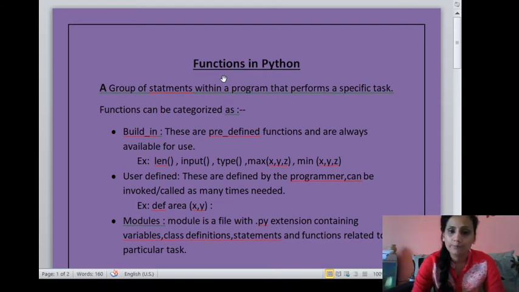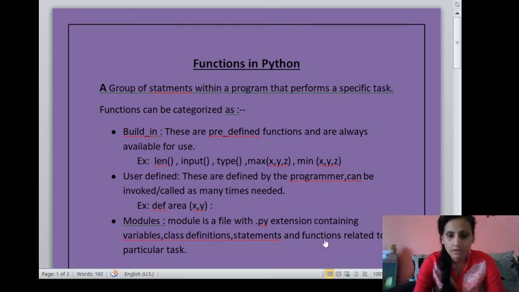So the function definitions in one file, if you want, you can use in another file, and that we call a module. So everything will be clear to you. I'll show you practically how these built-in functions, user-defined functions and modules are created.